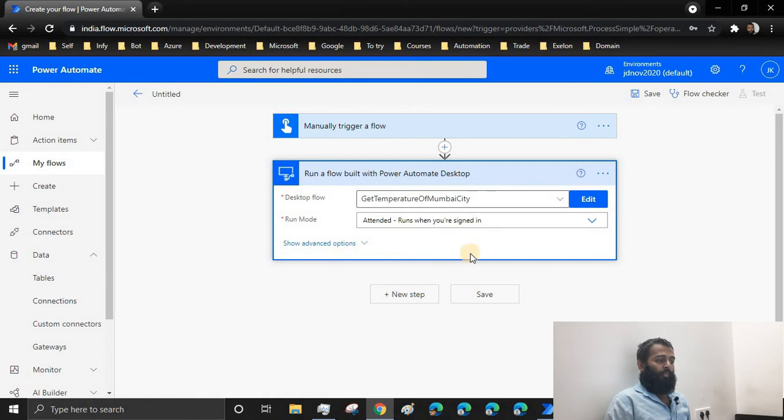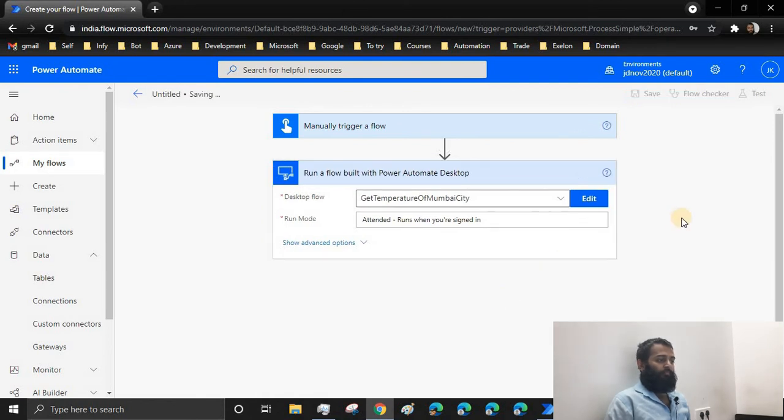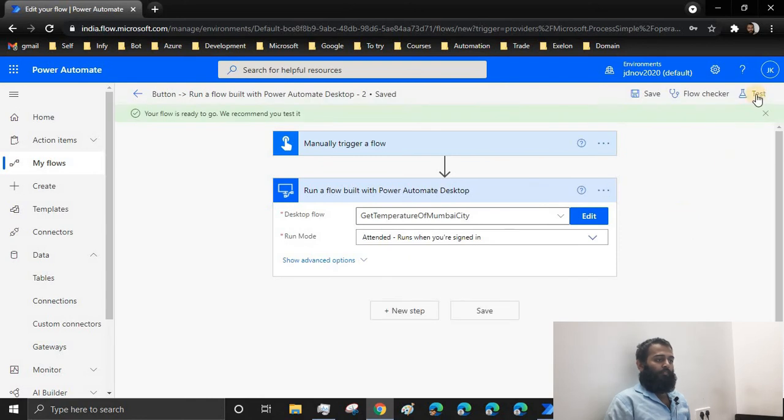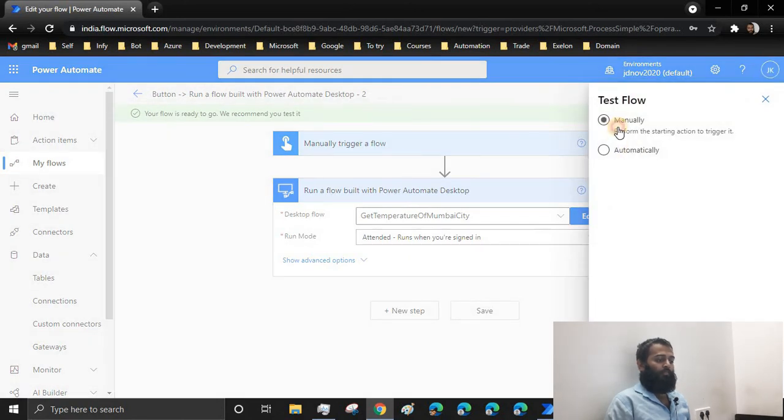Fine. I'll save this flow and I'll test by triggering it manually.